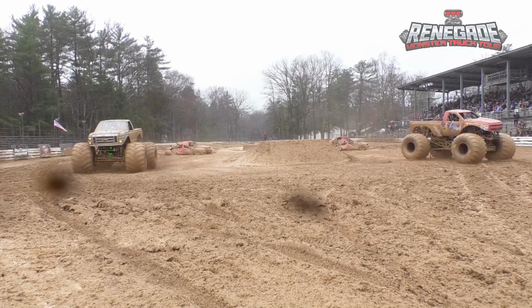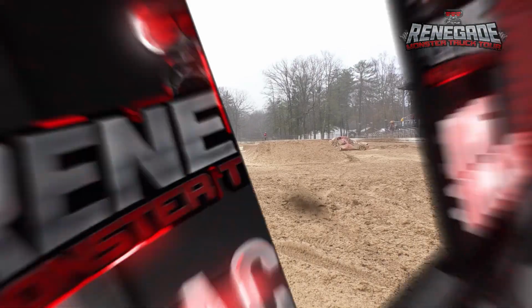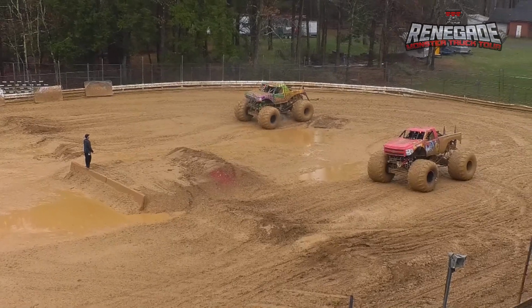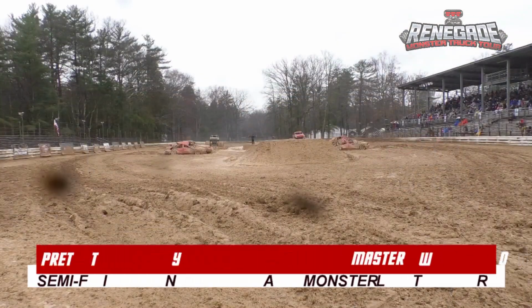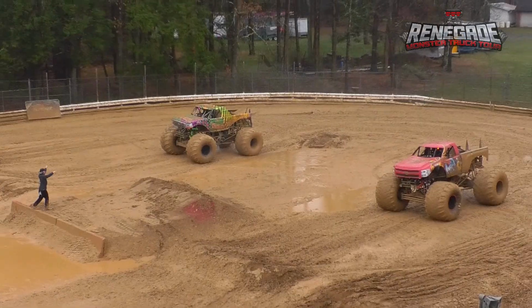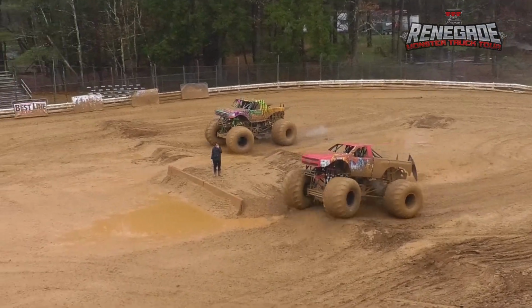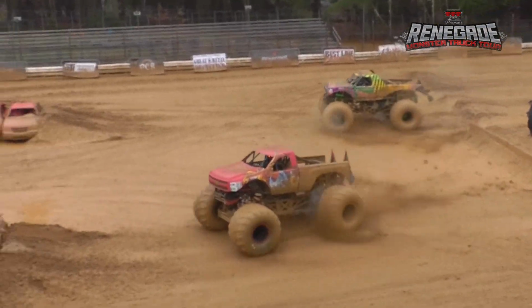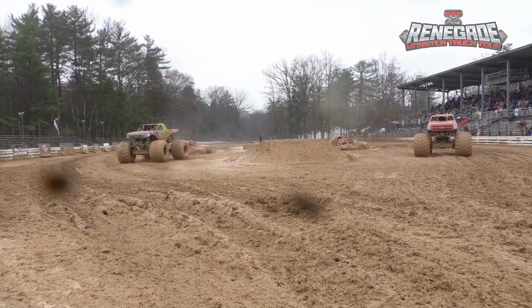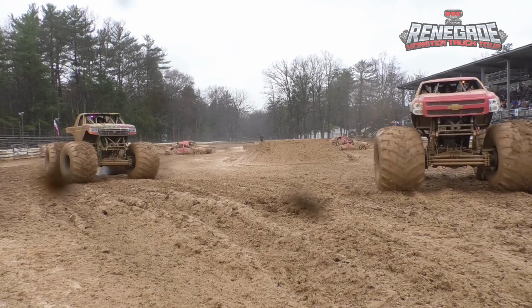Leon Hostetter and Master of Disaster picking up a very important victory right there. Visibility issues due to the windshield and Toxic. He did not see the light, and that one went to Leon Hostetter, who moved on to the second round of racing against Colton Kaiser in Pretty Wicked, who we would find out on this run was struggling with a broken axle. It wasn't pretty, but Hostetter would come through and move on into the championship round, where he would take on